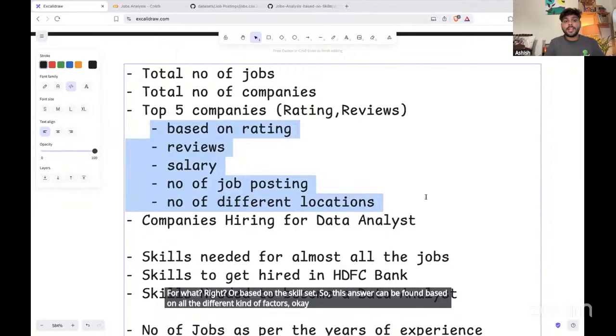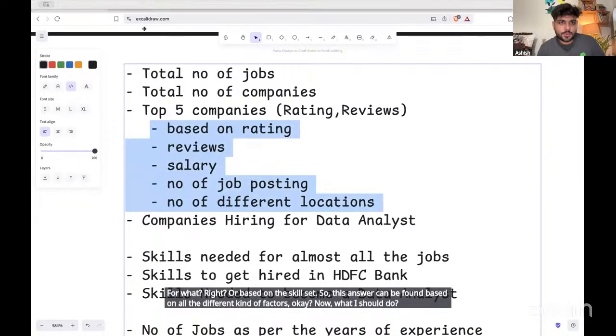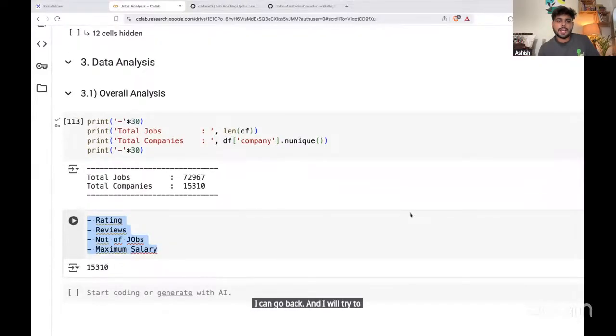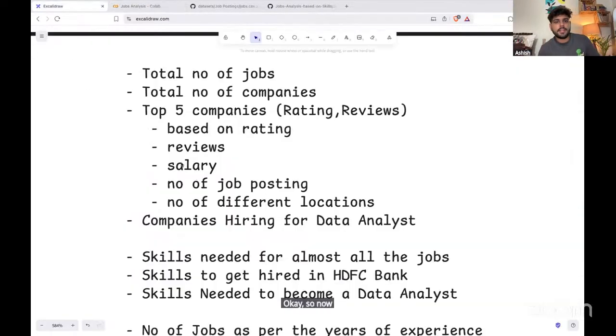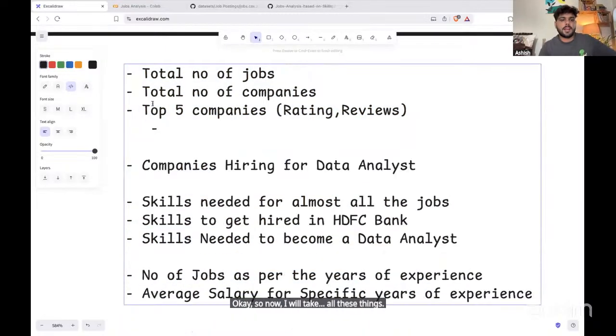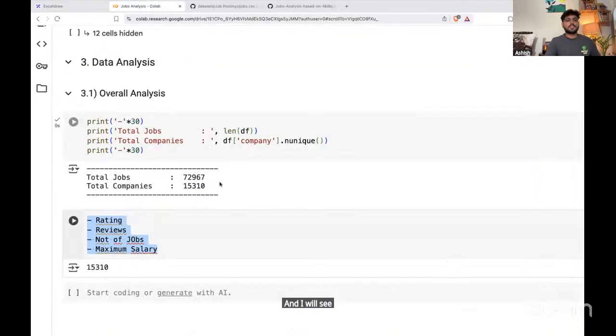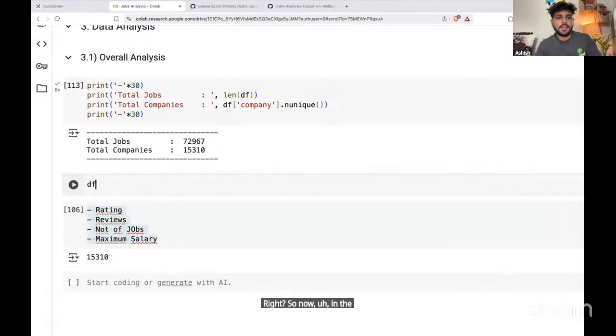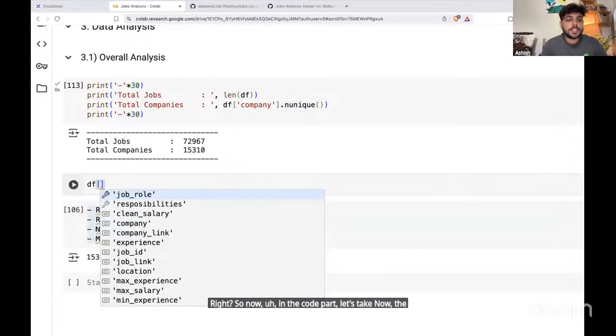Okay. Now what I should do, I can go back and I will try to answer this question based on all the different parameters. And then I will see which one is giving you the best answer. Okay, so now I will take all these things and I will see what are the things that we can do, right? So now in the code part, let's take, now the task is to find the top 5 companies,